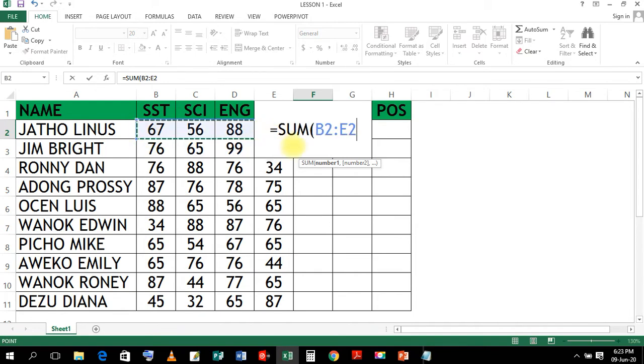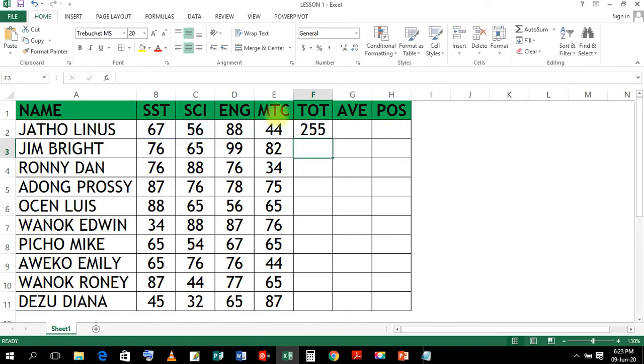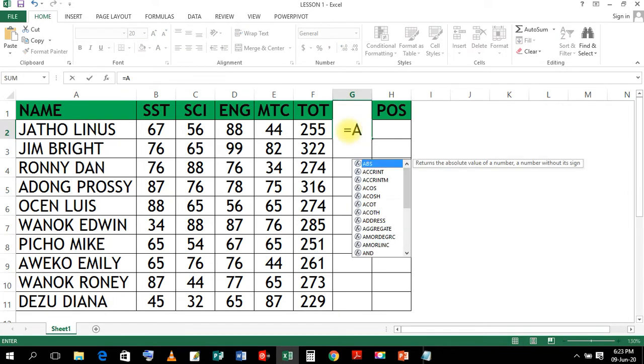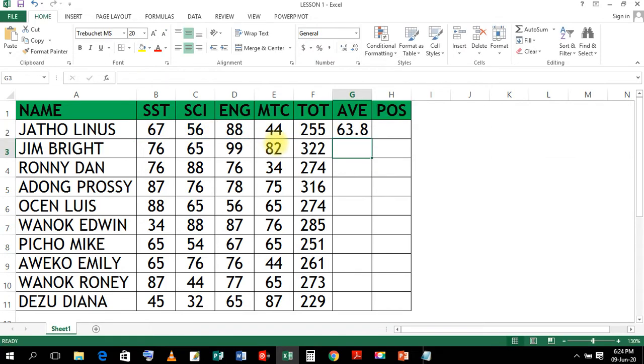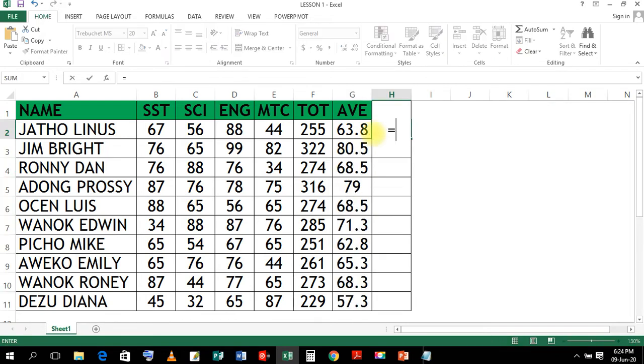The first one here is the total, and we're going to use a sum function. Then we get the rest also. Here we're also going to say average, so average score. Then also we press enter. Then the position, we're going to say rank,